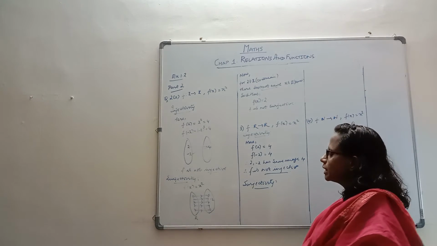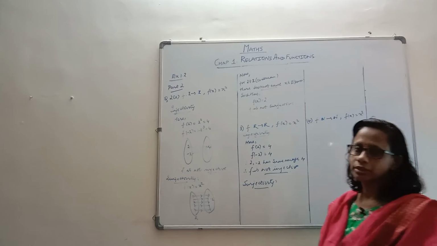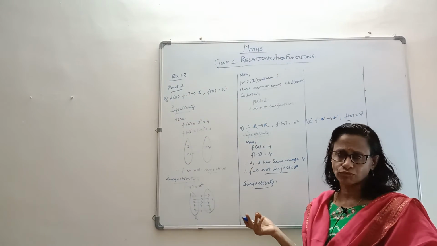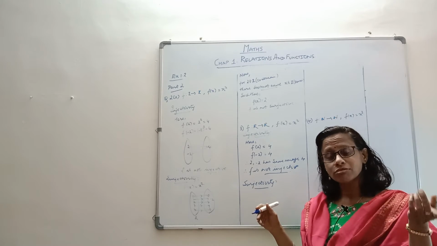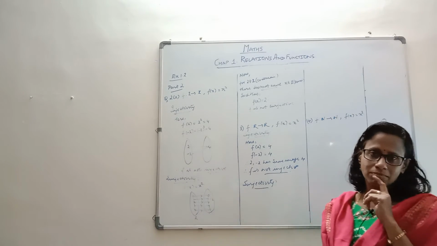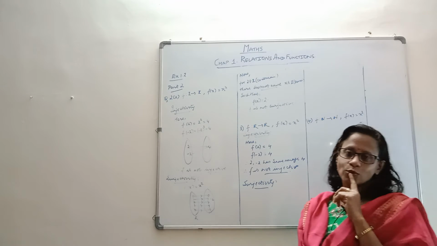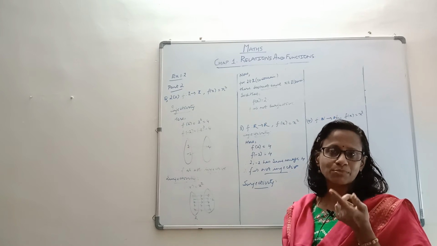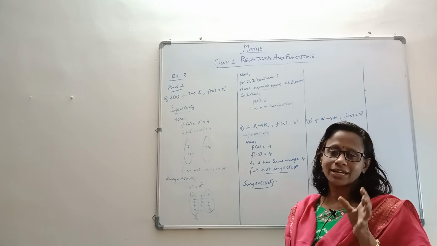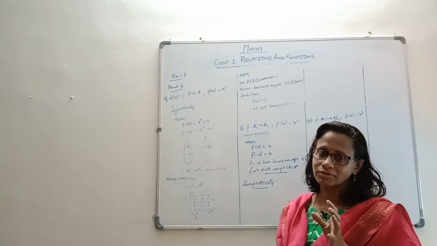Now surjectivity, we could have taken that same example here. If you take some negative value, minus 2 for example, if it has to be there in this set over here, from which element should it come? There is no real number whose square is minus 2, right? So it will not be onto.